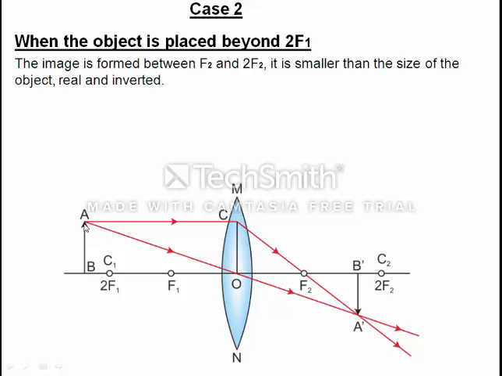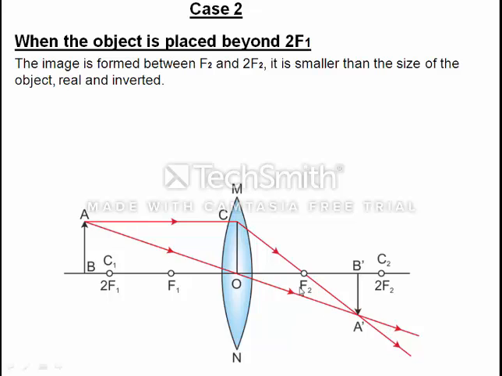So again, we are saying that there are two incident rays: one is parallel to the principal axis, and the other is passing through the optical center. This is the optical center O. A ray which is parallel to the principal axis, after refraction always passes through the focus, we all know. We have seen the rule. And the ray which passes through the optical center does not bend.